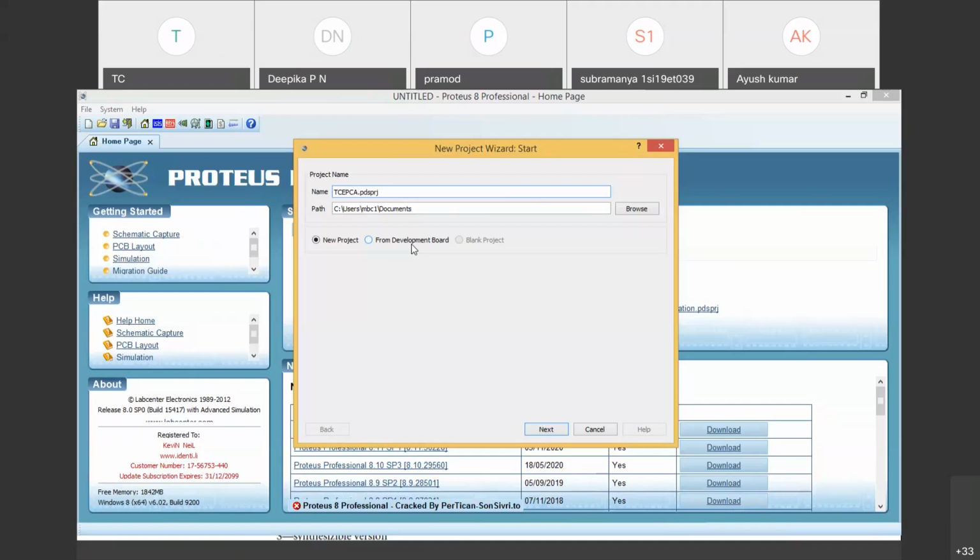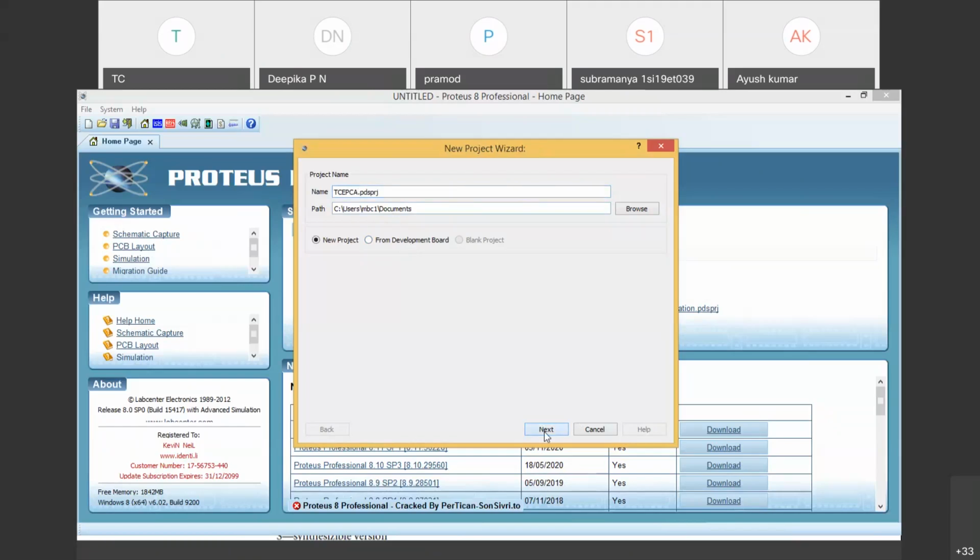I'll just name it TCE PCA. Sir, the dot extension must be there. Yes, that is the project name, and the extension must be there.